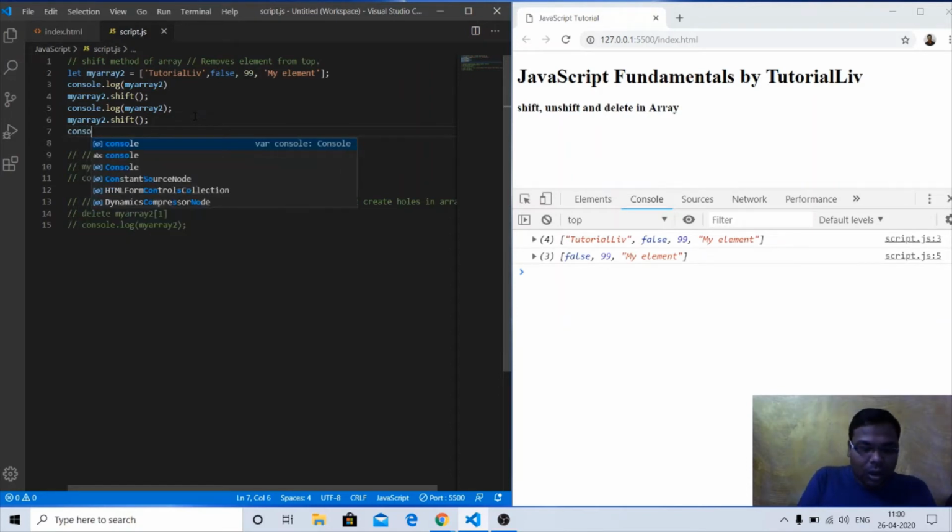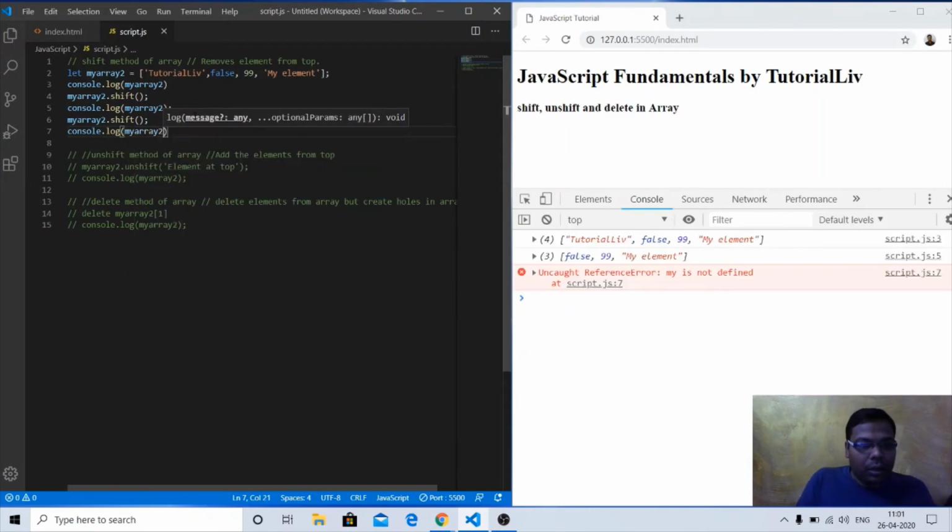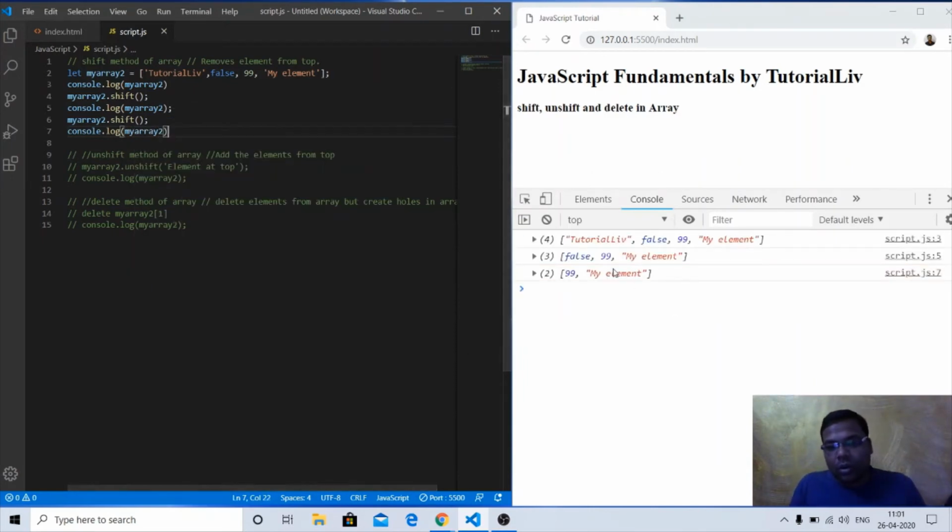Let's console.log myArr2. Now false is removed and only two elements, 99 and my element, remain. To remove an element from the rear end of the array, we use the pop method. To remove an element from the front side of the array, we use the shift method.